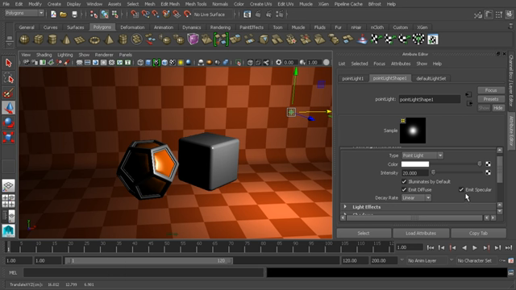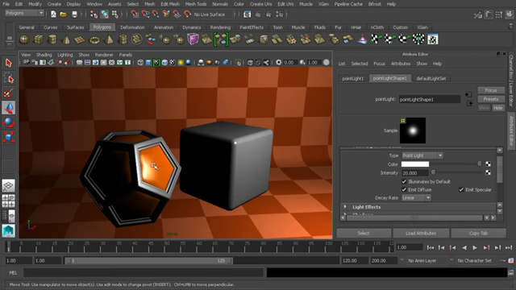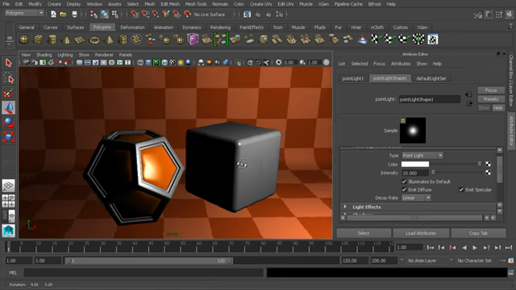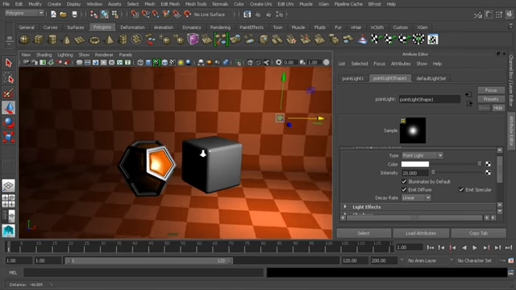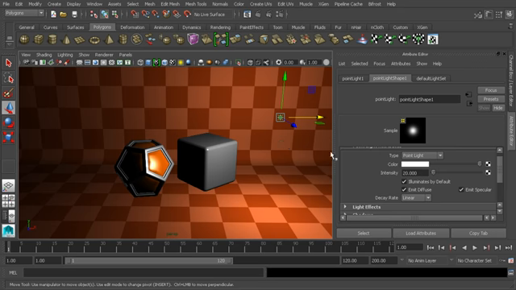Okay, now, talking about this decay rate, right up above here we have emit diffuse and emit specular. Now these two little check boxes are going to be found on almost all of your different light types, and they really refer to the two different types of illumination that each light can calculate. So we have diffuse, which is going to be your basic illumination. And then we also have this specular component. The specular component is what is responsible for this little shiny area and these little highlights that we start to see on our materials. So what's nice is we can start to have independent control over the specular and diffuse